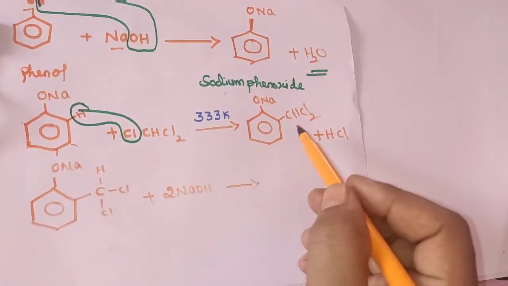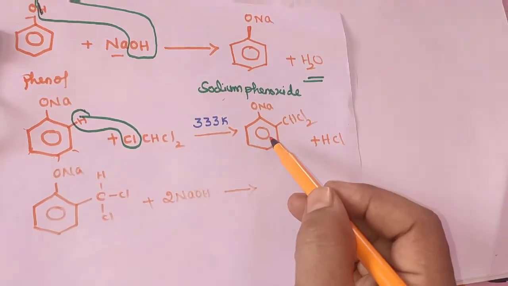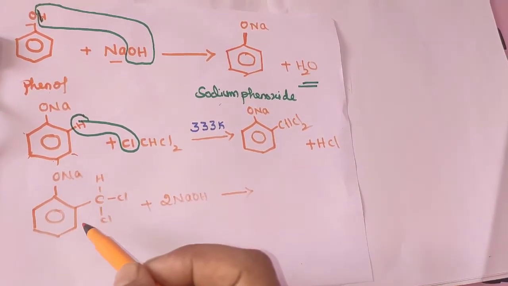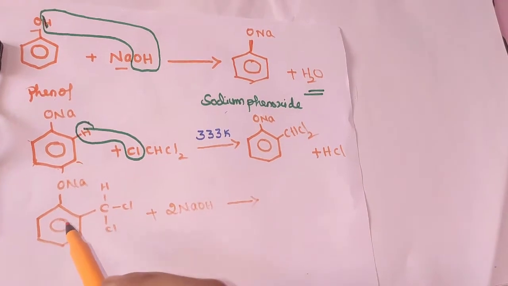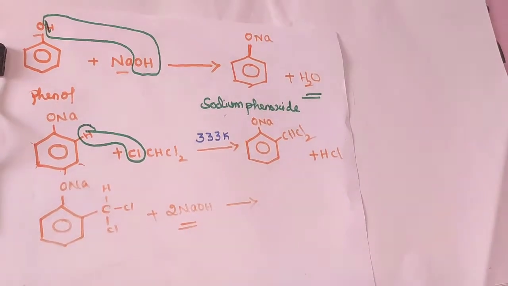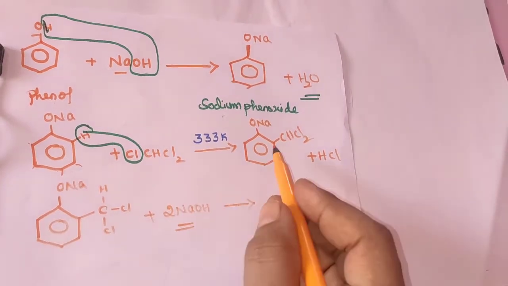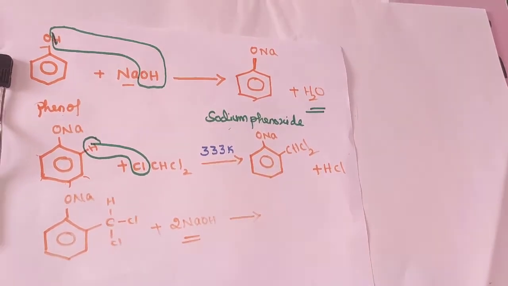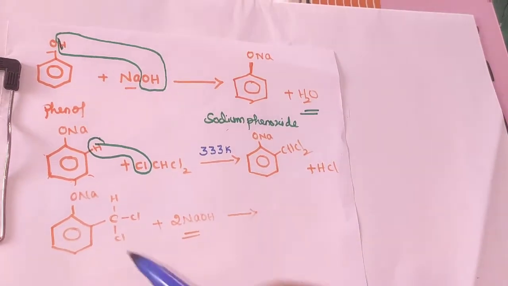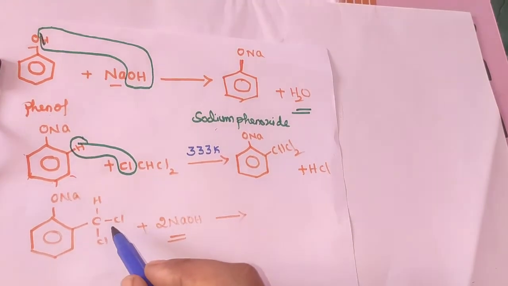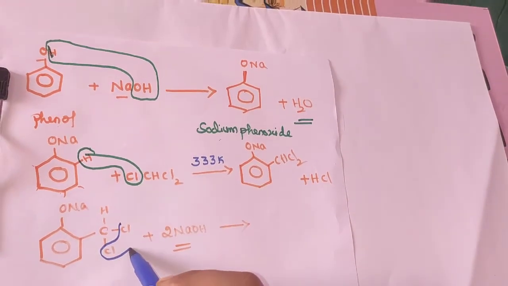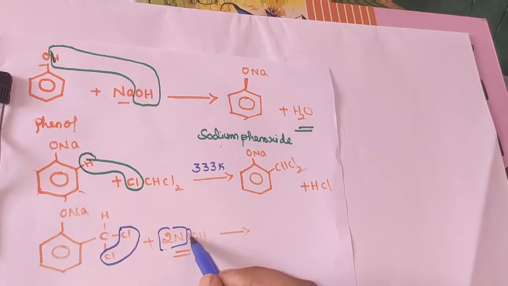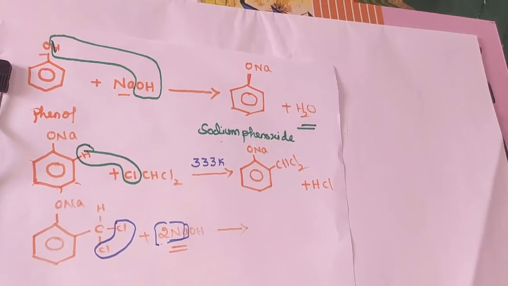See, the second reaction product is taken as a reactant for the third reaction. So again it must be treated with sodium hydroxide. What will be produced here? This is CHCl2, I have written like this. See here, this 2Na combines with these 2 Cl atoms, so 2Na and 2Cl will be eliminated in the formation of 2 NaCl.